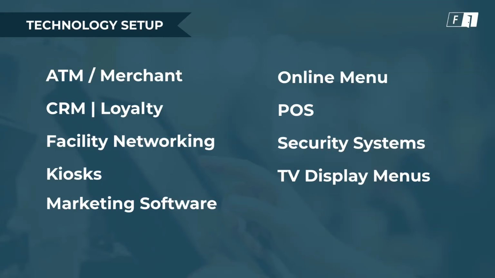So the first is the money: ATM and merchant account. Depending on which state you're in, you can potentially accept credit or debit cards depending on the legality of that. A lot of dispensaries across the country deal in cash. So you'll want to have an ATM in place and have that highly visible and easily accessible for customers as they enter the store.